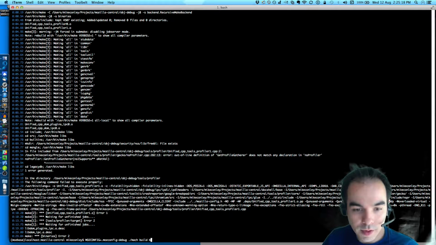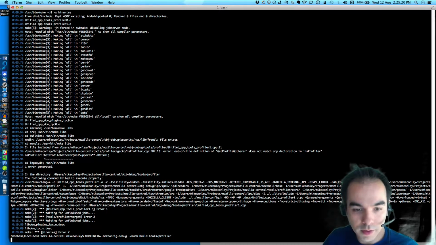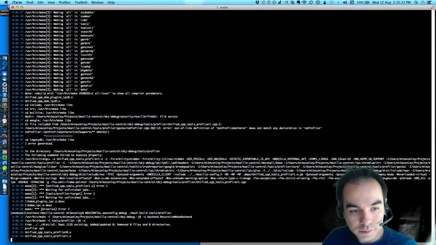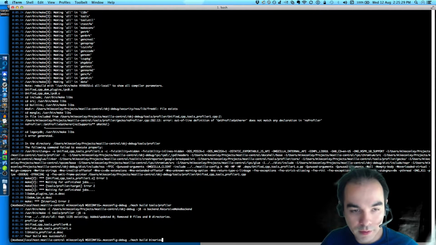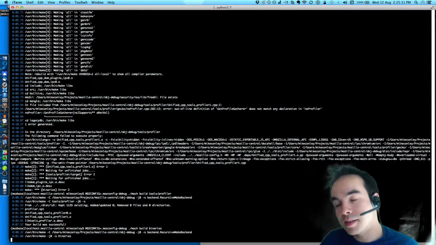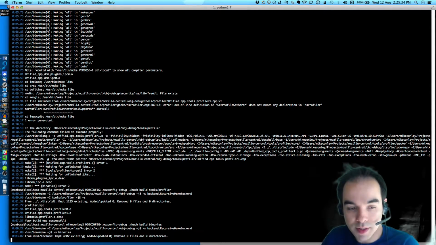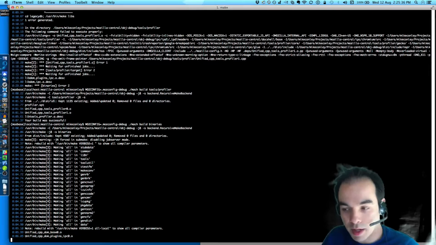So maybe I have to do straight up mach build tools profiler to create the XPT. That's the thing that's like the conversion of, like, the binary representation of these XPCOM IDL files, XPIDL.